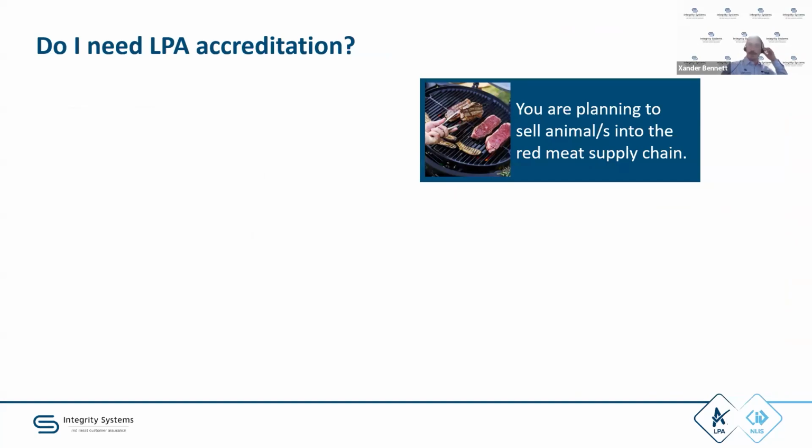Cool. So we touched on LPA accreditation earlier, just shifting gears a little, and whether or not you'll require accreditation. So LPA accreditation, it's a great way to ensure you have options when it comes to selling your livestock. Nearly all abattoirs and sale yards across the country won't accept livestock that haven't come from an LPA accredited property. In addition, the LPA program is a great way